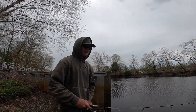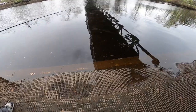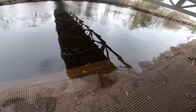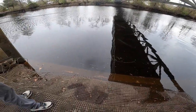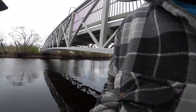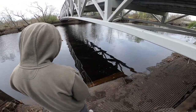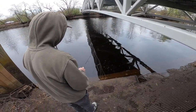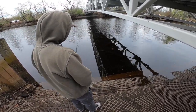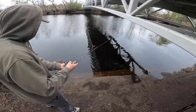Easy. So we got this man-made wall. She can shine the water. It's like a drop off right by the bridge. We're throwing it right. Oh, that's off a little bit, but you want to get as close to this wall as possible. Like that, kind of. And then I'm just kind of bouncing it right along. And it's kind of drifting as it bounces. It's just drifting down, really, as it bounces along. And just like, well, you saw that, for a second. You saw that get off, but...